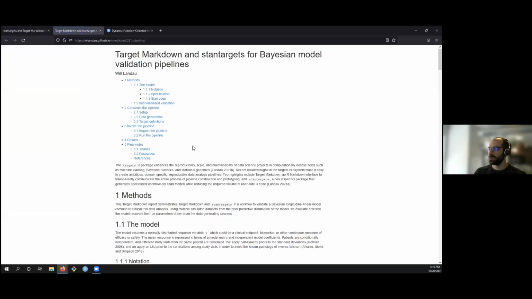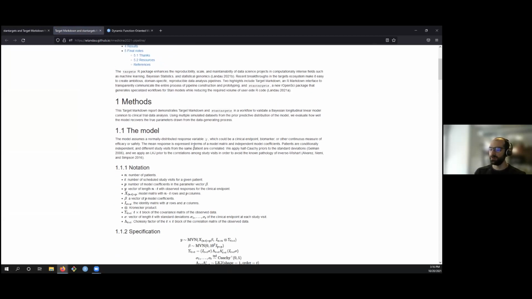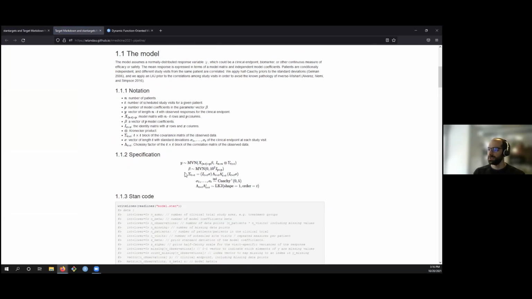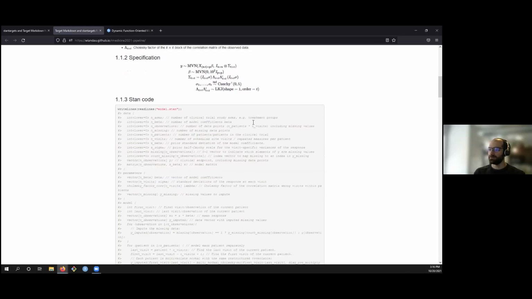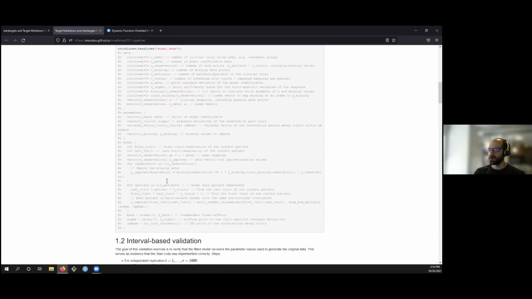And in terms of the actual report, what this looks like is a full-on verbose description of what we're doing here. We spent a lot of time introducing and citing the various techniques that we're going to use, and this is a good time to introduce why you're doing what you're doing. There's the full specification of the model. We have the Stan code to run this model.